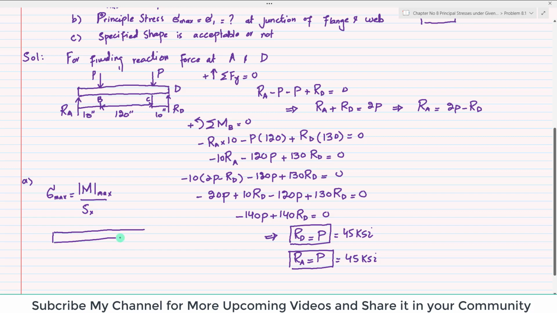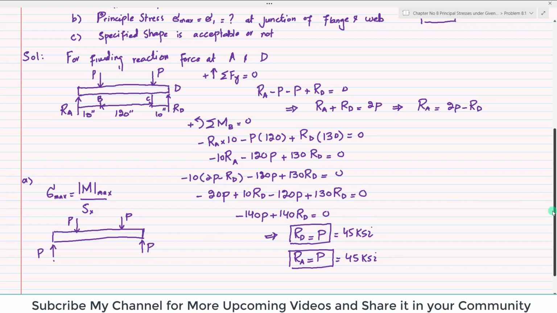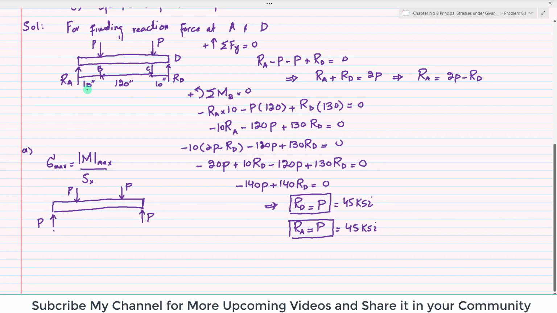This is the beam. You can see the beam with the loading shown. This is now Ra, which is equal to P. This point load is P. This point load is P. And this Rd is again P. So you can easily draw the shear force and bending moment diagram. The length is given. Clear? So if I roughly draw it, the shear force and bending moment,